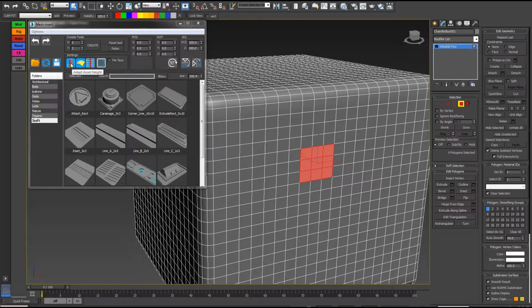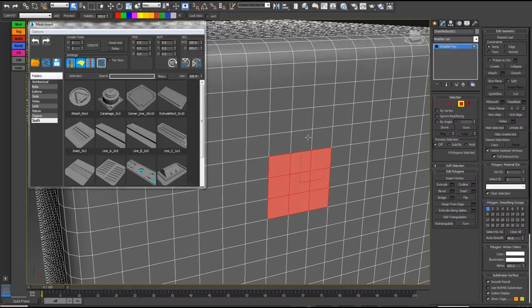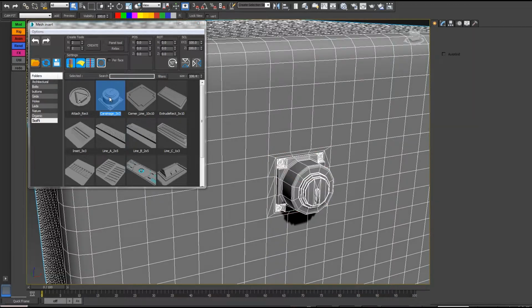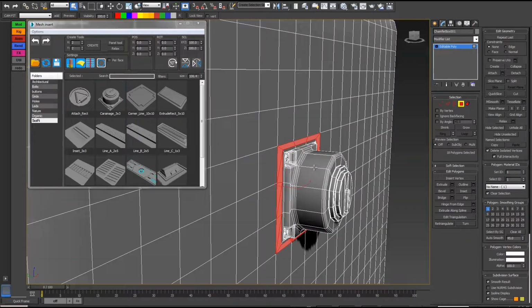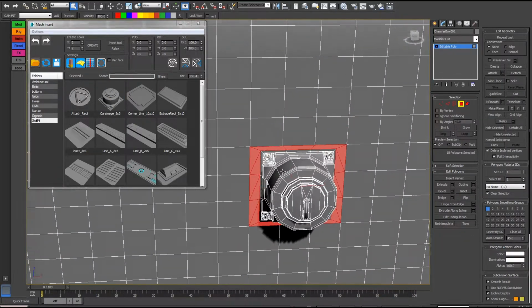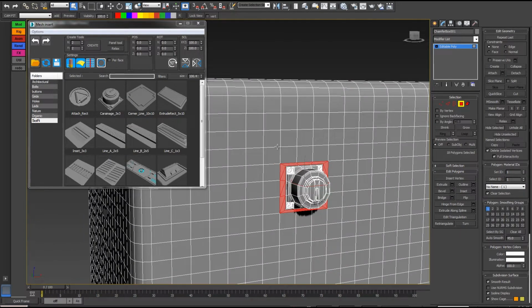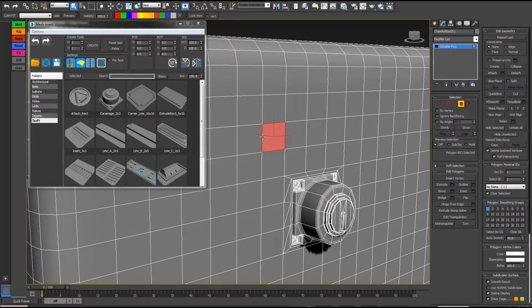So first of all, you have the adapt asset height. So let's merge an asset, this one for example. So I click and it imports my asset here. What this option does is that it adapts the asset height to the face selection. So if I select a smaller face,